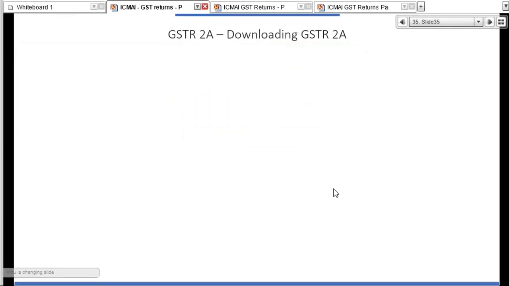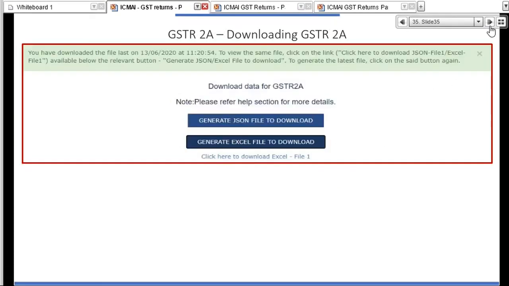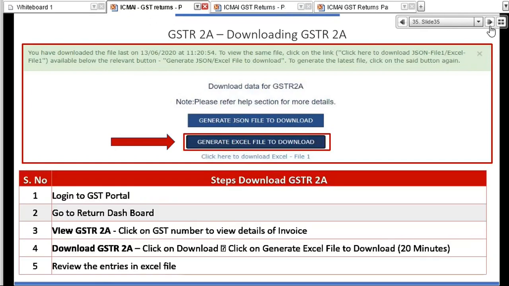Most businesses download in Excel file, right? So once you click on generate Excel file, how will you download? Log into the GST portal, go to the return dashboard, click on view GSTR 2A, and click the download GSTR 2A button. It will take 20 minutes to download and then you can review the entries in the Excel file.